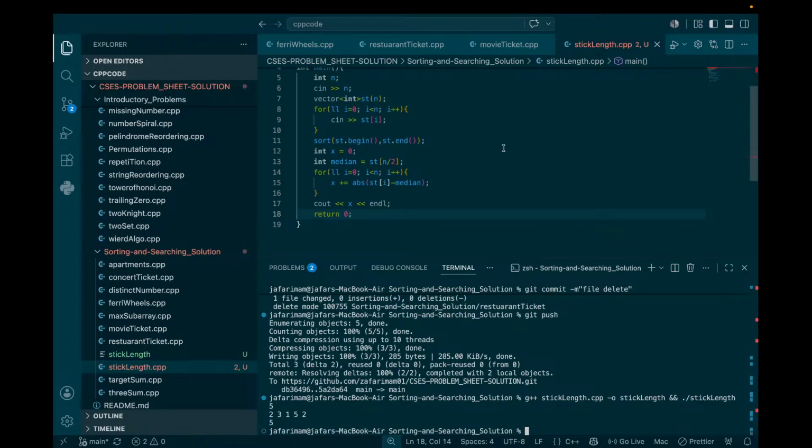So yeah, we are using absolute value. So yeah,